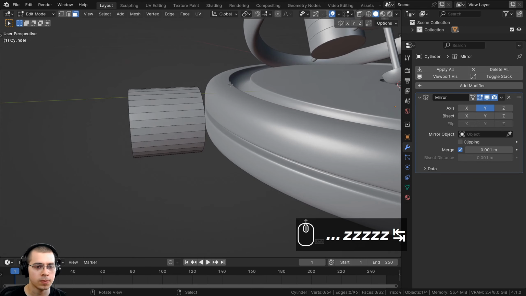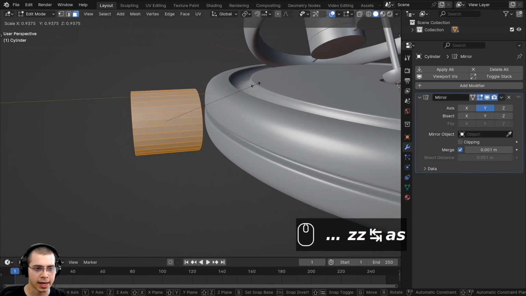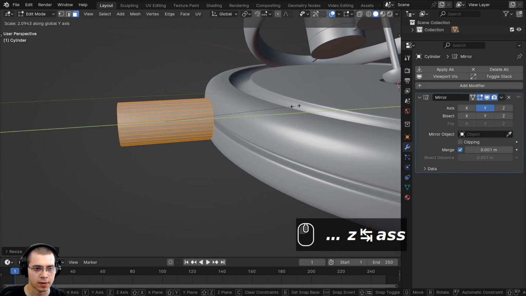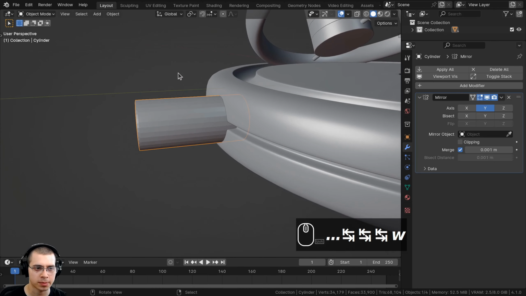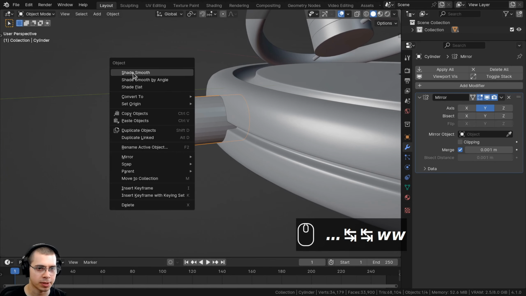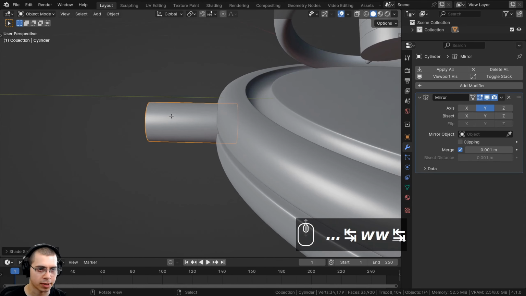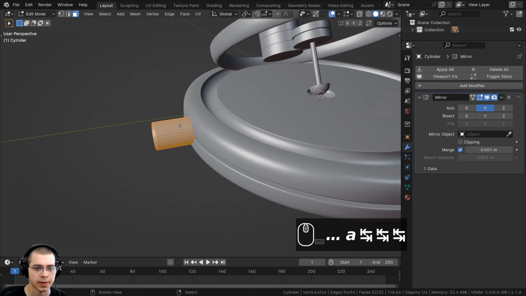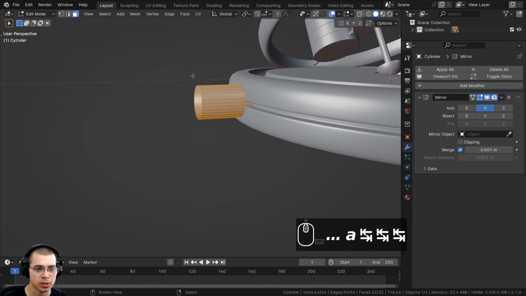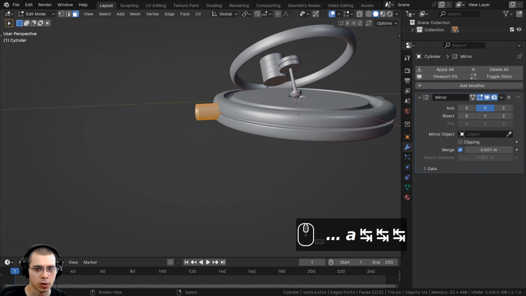So I'll go into edit mode, and I'll select everything. We're going to scale everything down, and then scale everything on the Y-axis, and then bring it in just to fit that other piece. So something like that. And then go back to object mode, and I'll use the object context menu and shade it smooth. And then real quick, I'm going to go back into edit mode, and I think I'll bring it back in just a little bit more. So that's pretty good. So what I now want to do is create some hinge pieces, which are going to hold the piece up.